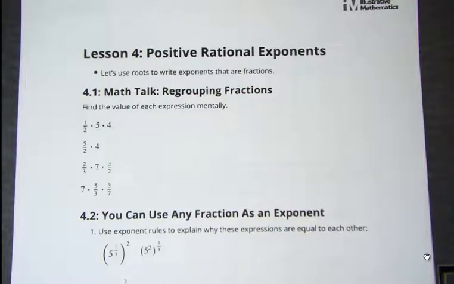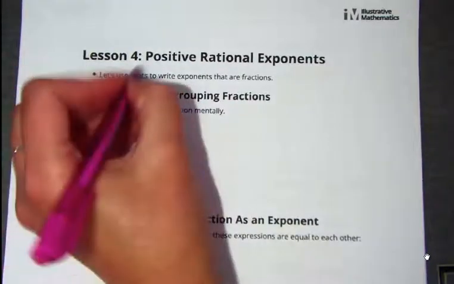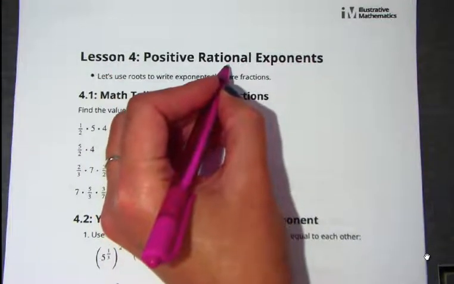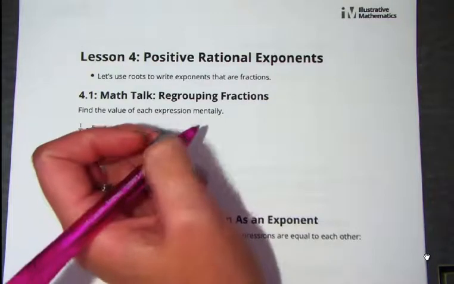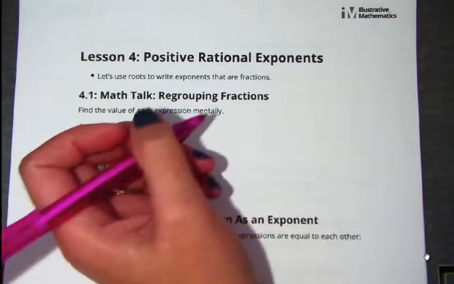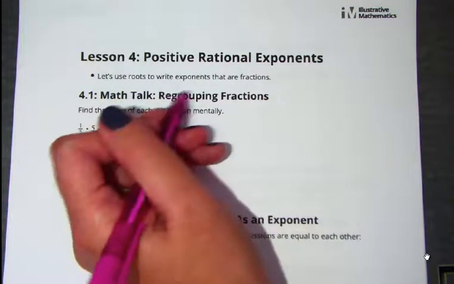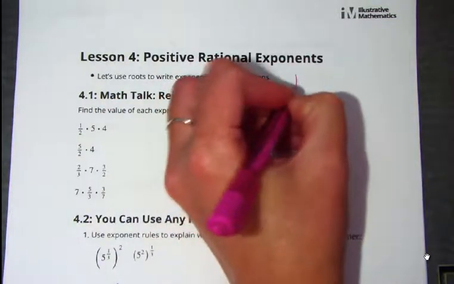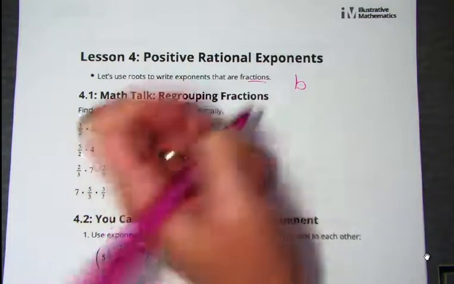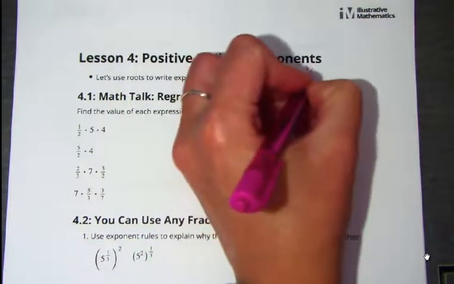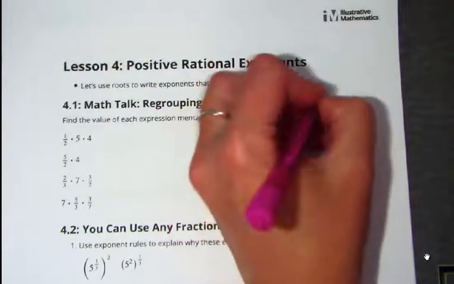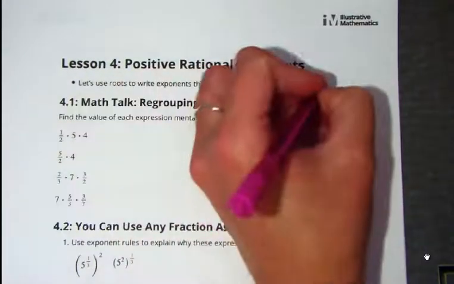So in Lesson 3, I want to take us back there because we're going to not only have unit fractions for exponents, like 1/3, 2/3, 3/3, 4/3. Now we're going to be looking at any fraction that we have. So last lesson, we learned that any base to a fractional exponent could be rewritten in radical form,